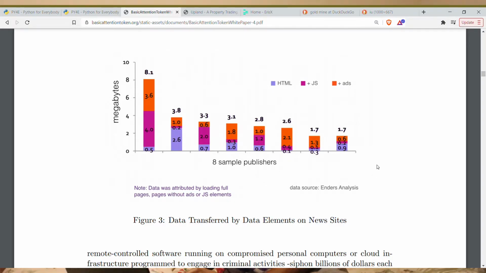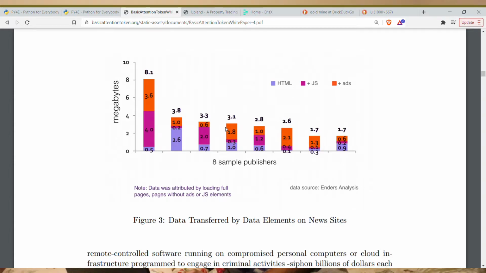For these 8 sample publishers, 3.6 megabytes out of 8.1 is from advertisement. So that's almost the biggest chunk. It's almost as big as the code. And for this one, it's even bigger than the code. For this one, it's way bigger.